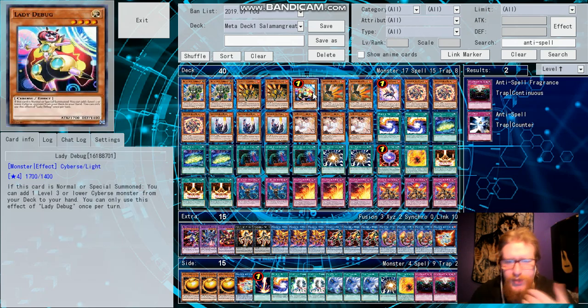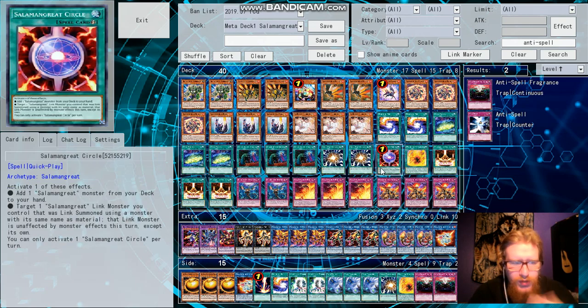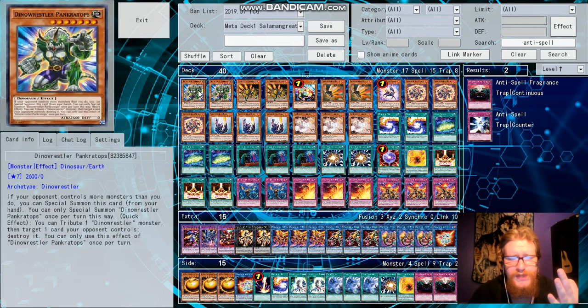Sure, Lady Debug went to 1. Gazelle went to 1, Circle went to 1, and that's really all that happened. The deck can still do things, albeit much more slowly. There's a few things that I wanted to explain in the deck, what I have in the deck, and what's been changed, what's different. I decided to add 2 copies of